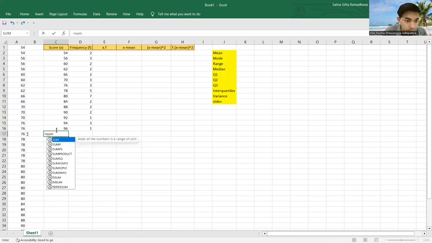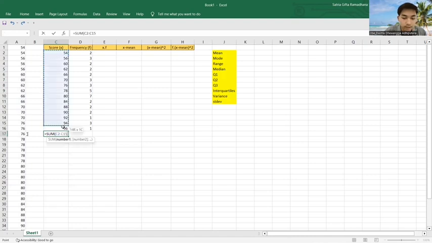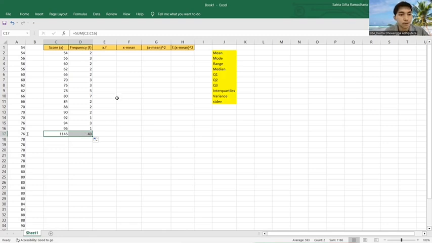Equal, sum, double click first, block all the score, and then enter. Now we already have the sum of the score. And then do like this. Now we already have the sum of the frequency as well. So the next step is find the score multiply with frequency. First, press equal, and then click in the score like this, in the first score,